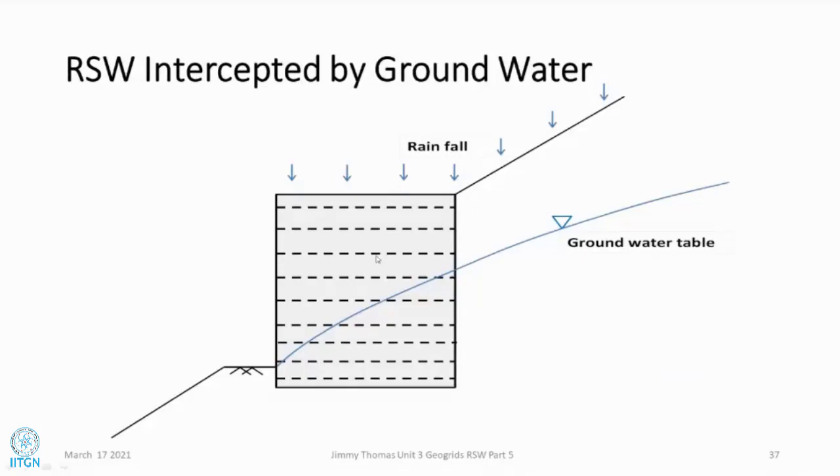The second case is, for example, a hill road with a retaining structure and a road above it. If the groundwater table is at a relatively high elevation, it may come into the reinforced soil structure. We don't want this situation. If we allow the groundwater to come in, there will be excess hydrostatic pressure. We have to design a drainage system so that this water is intercepted and diverted. Rainfall will also enter this, and we have to cater for that also.